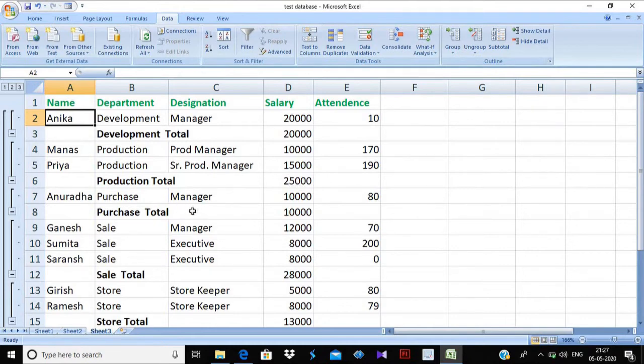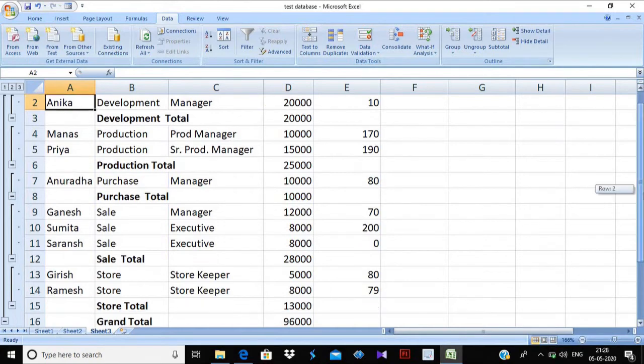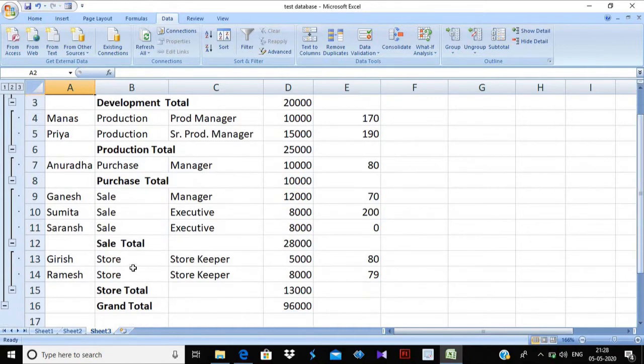In the purchase department also only one employee is there, and the salary is 10,000. In the same way, in the sales department there are three employees and their total salary is 28,000. In the store department there are two employees and their total salary is 13,000.